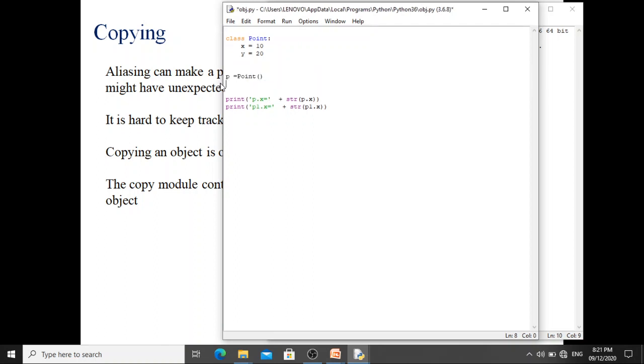I'm going to remove some extra lines which we don't want as of now. So there is a Point class which contains two attributes, x and y. Now p is equal to Point. Now I'll declare one more object and copy p here. So I'm assigning object p to object p1. Now let's see what happens if I run this.